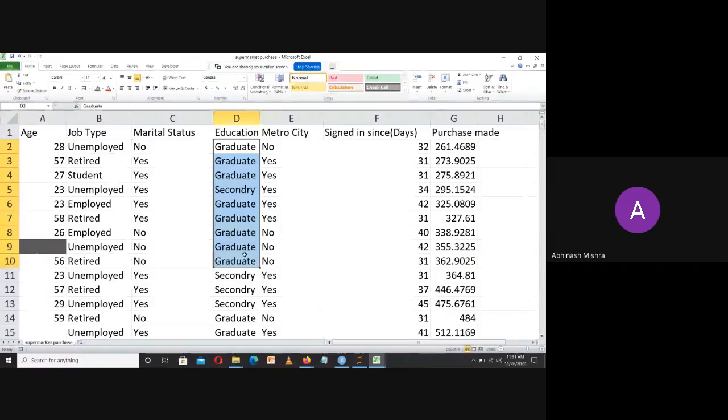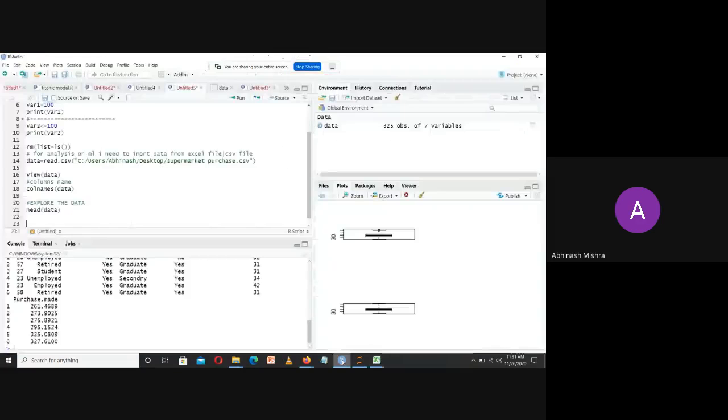Somebody wants to know how many types of jobs or how many categories are in this particular job type column. So how will he analyze this? Suppose I want to know how many categories are available in job type.